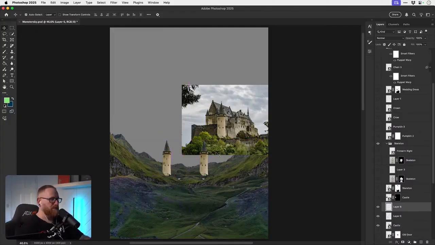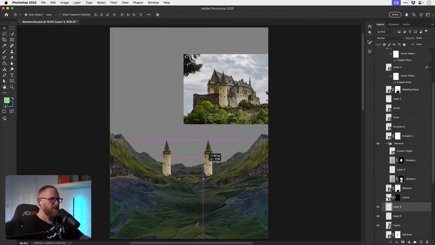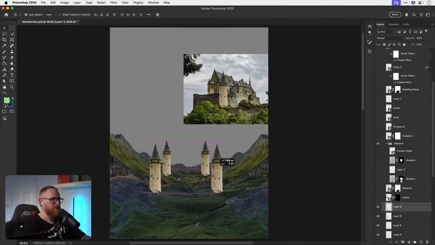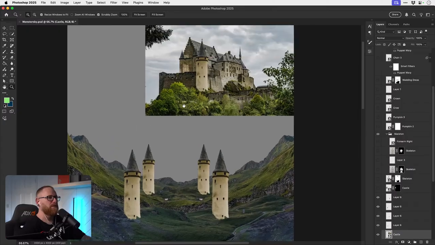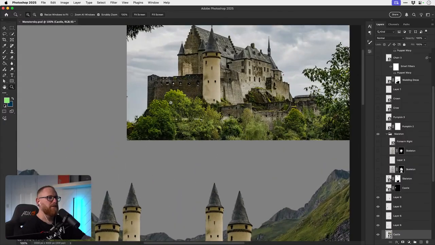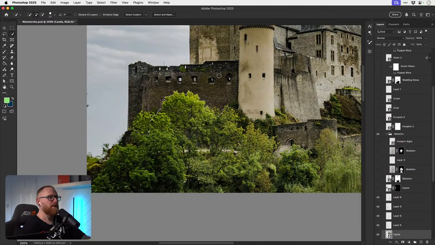So we have our little turrets. I think they're called turrets, aren't they? At the back. And then we'll have some bigger ones towards the front. We need a castle wall and some hedges, which we've got here. So let's see if we can grab some of this. There we go.